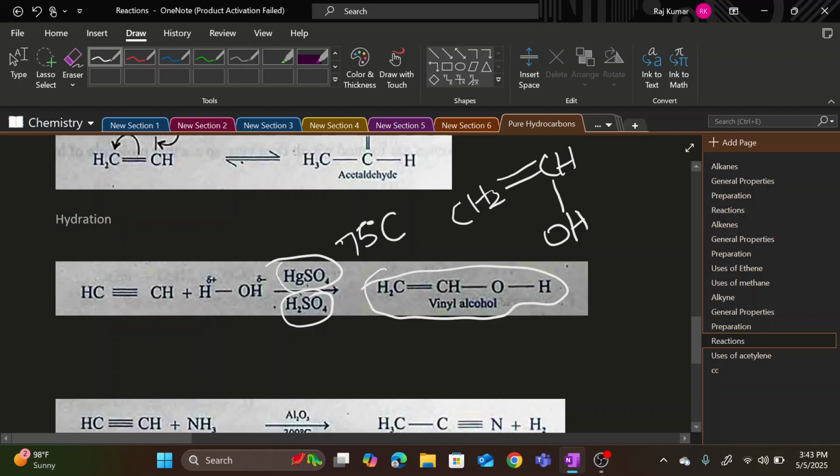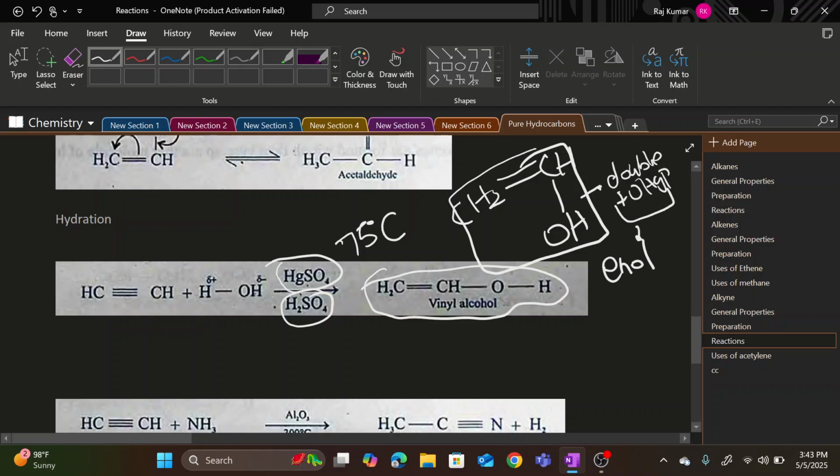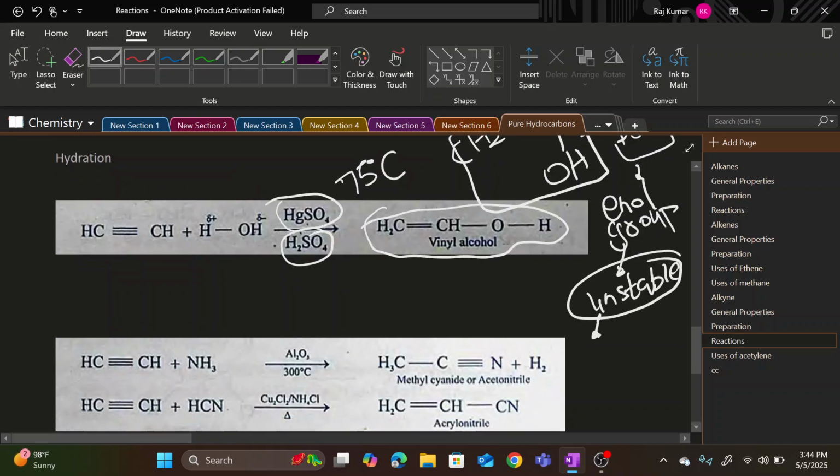An important point to be considered over here, whenever there is a double bond with an OH group, then this structure is known as an enol group. The enol group is a very unstable group. It's also present in DNA, and that causes a lot of mutations, which ultimately leads to a lot of genetic disorders. But anyways, that is a very unstable group, and that stabilizes itself to form the carbonyl group, also known as the keto group.